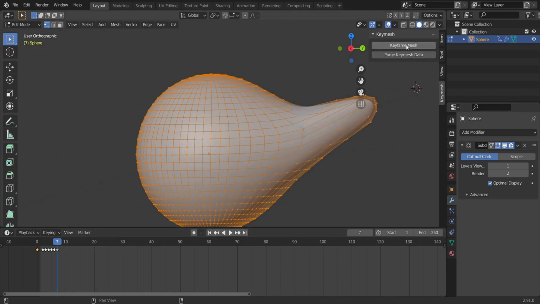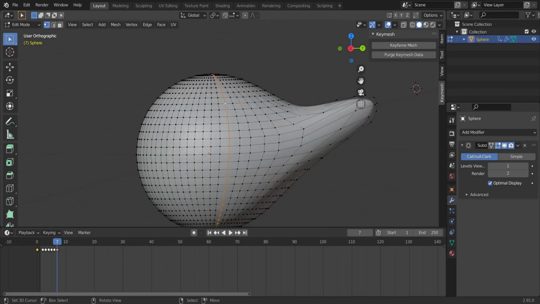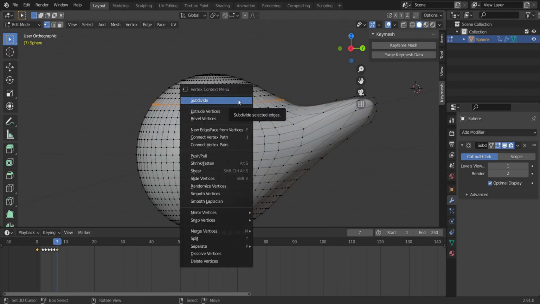Another cool thing about this Key Mesh is you can delete your vertices while you are animating.